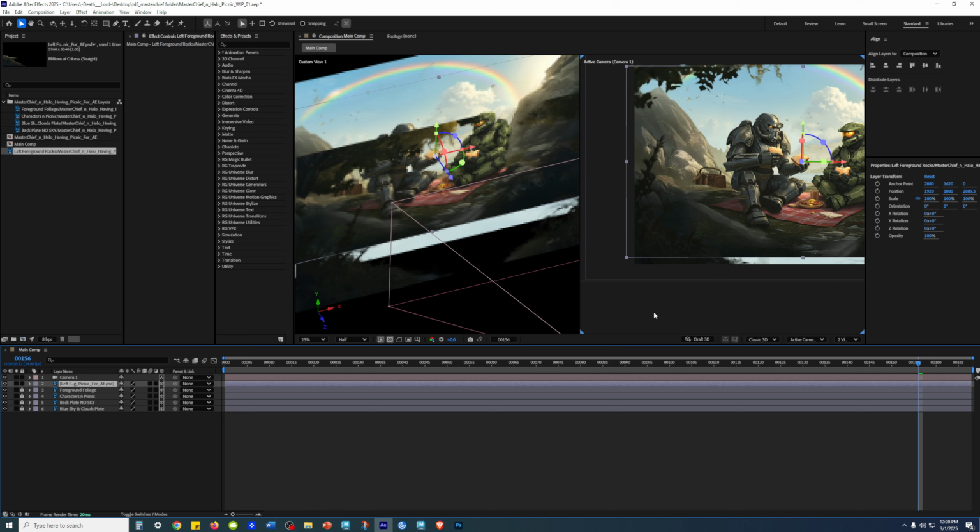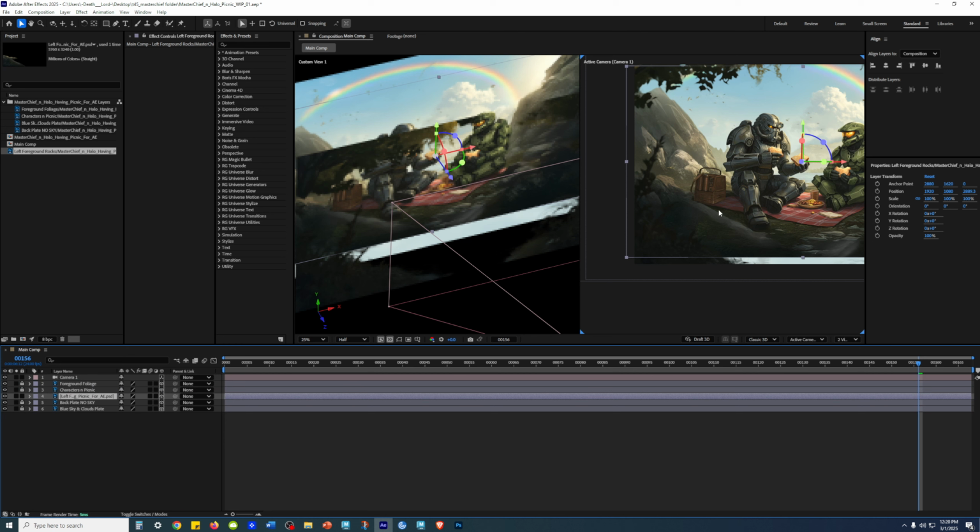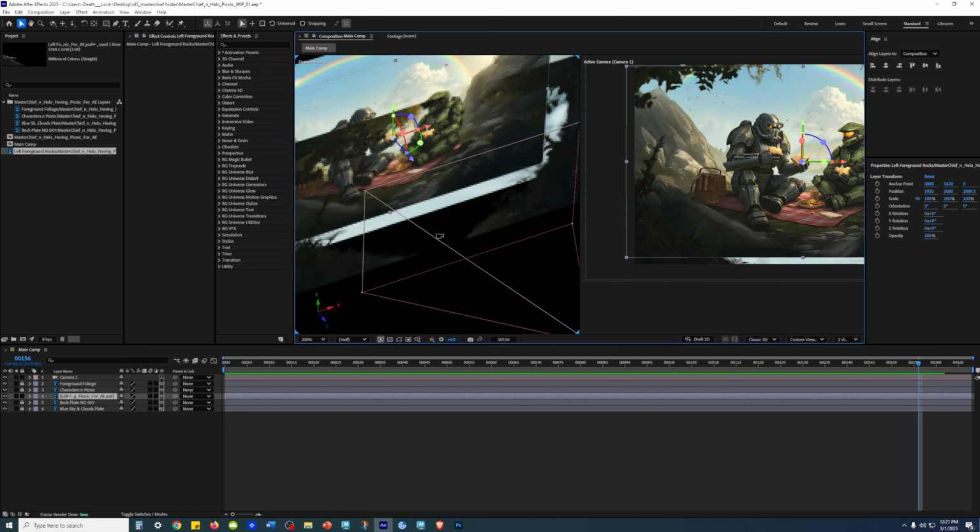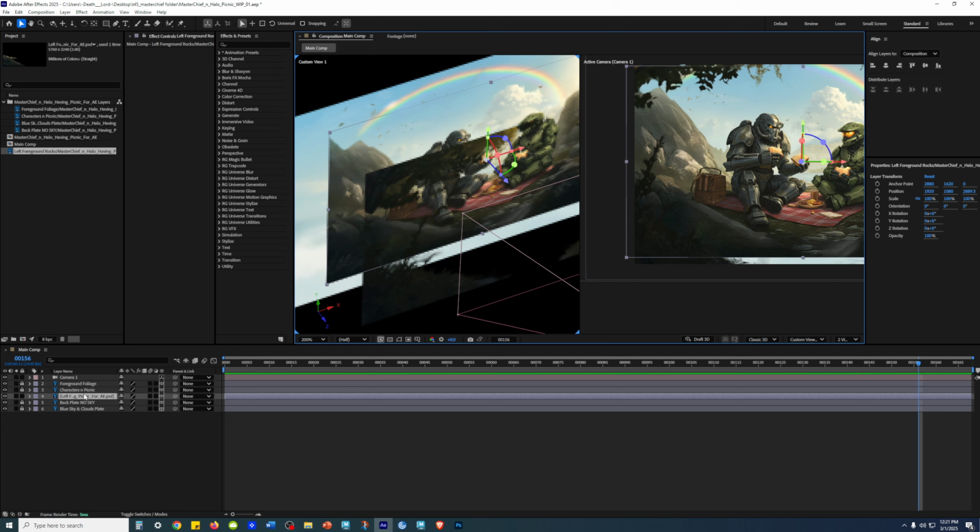So if I were to grab the left foreground rocks and put it underneath my characters and picnic layer, there, it'll go away. So what this means is that the layer stack still behaves where you can hide things behind one another if they are on the same